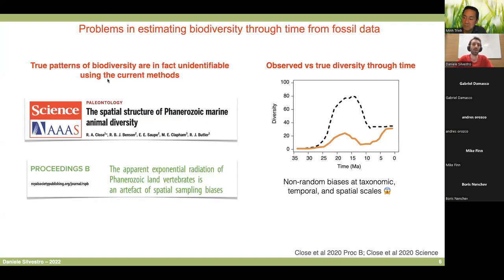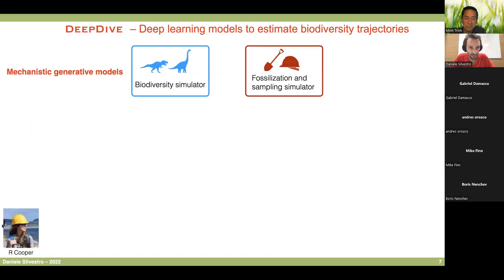And in fact, there have been a couple of papers recently showing that with the current models, this true biodiversity through time is essentially unidentifiable based on the fossil record. So the approach that we're trying to take here is attempting to solve this problem, and is doing so by coupling mechanistic generative models that describe our understanding of biodiversity and the fossilization process with the power of deep learning modeling. So this software is in development, and the project is being led by a PhD student in my group, Rebecca Cooper. In this model, which we call DeepDive, for deep learning diversity estimation,